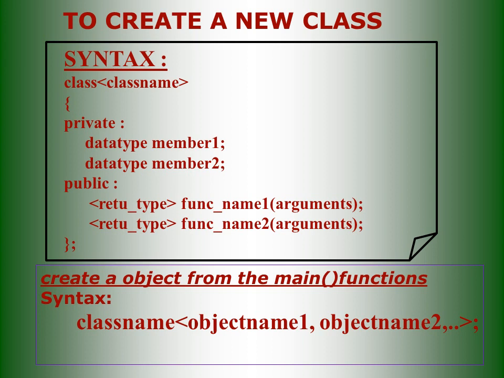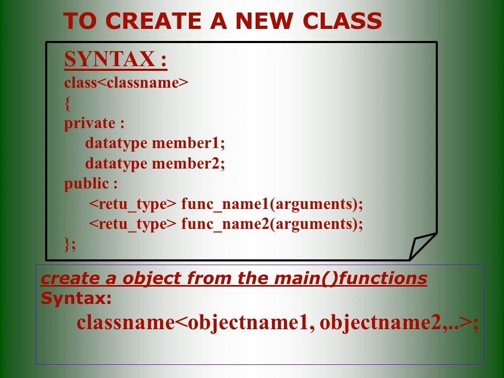Here we are using two access specifiers, private and public. These access specifiers provide access permission to other classes and member functions to access the class's own members. Then we declare variables, using data types, under private, and those cannot be shared because they are declared under private. After that we can use public.